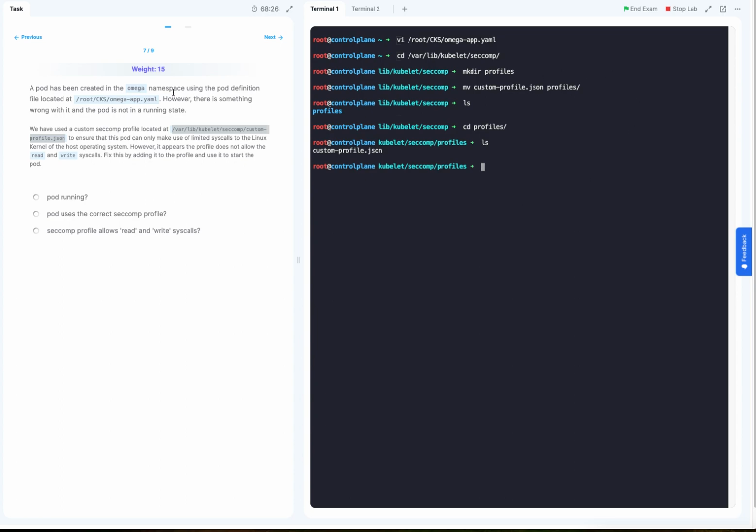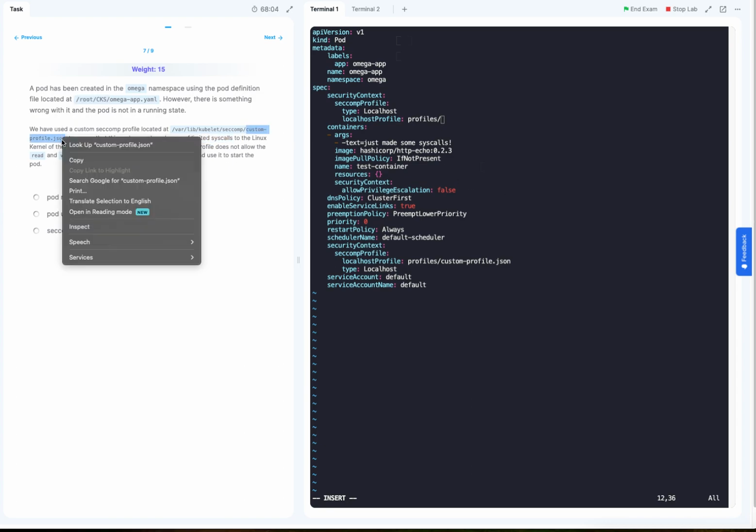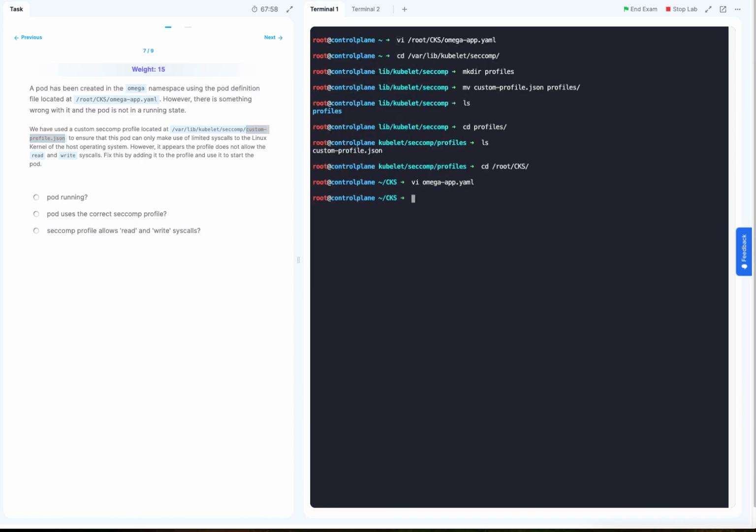So now we're gonna go back to our pod manifest. And what we're gonna do is we're gonna go back to the Omega pod and we're gonna just set the correct JSON file in the second profile, which is our custom profile.json. So if we paste that there and we'll save that there,